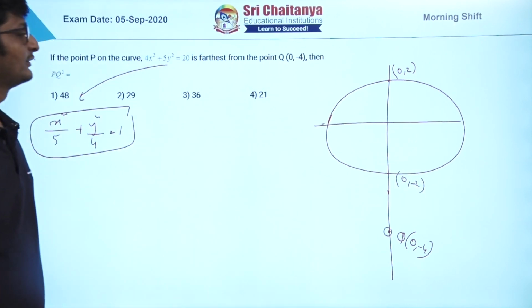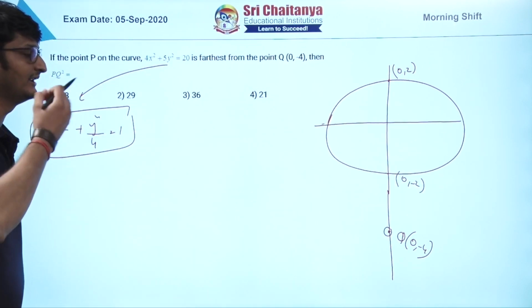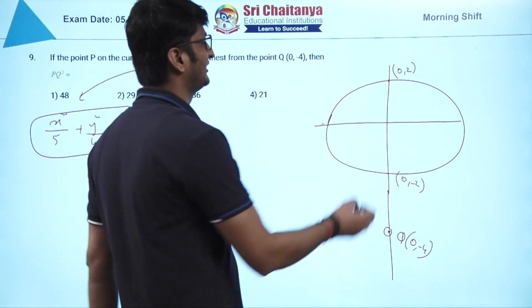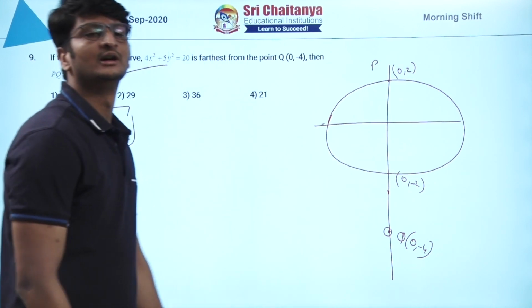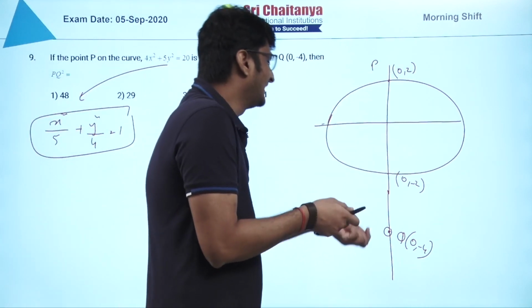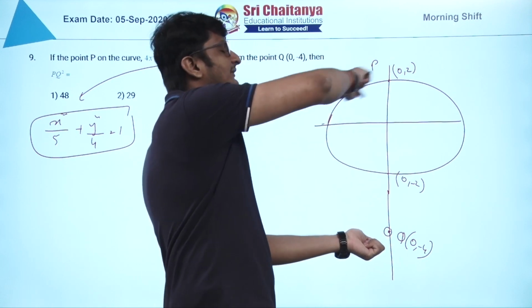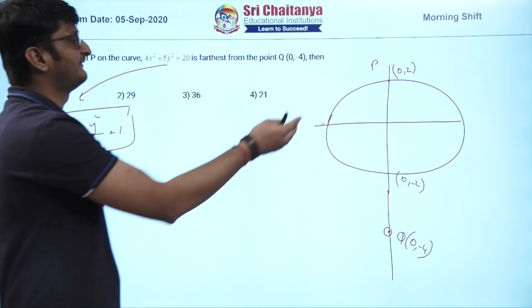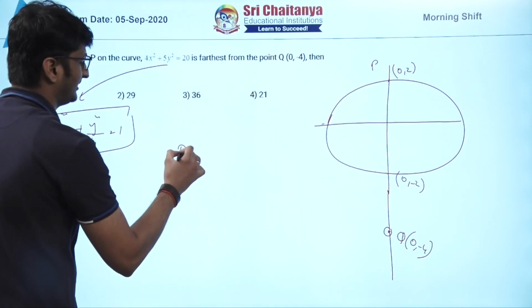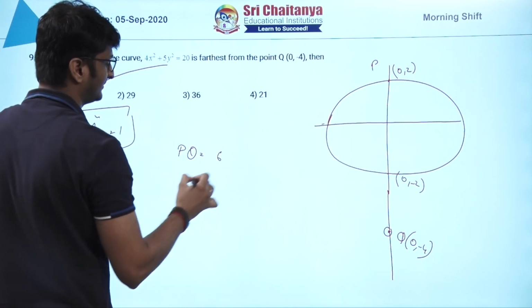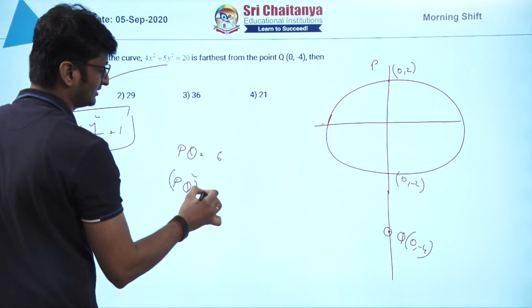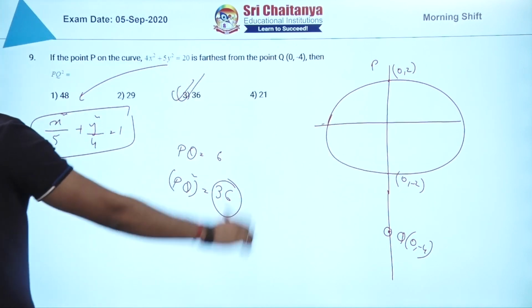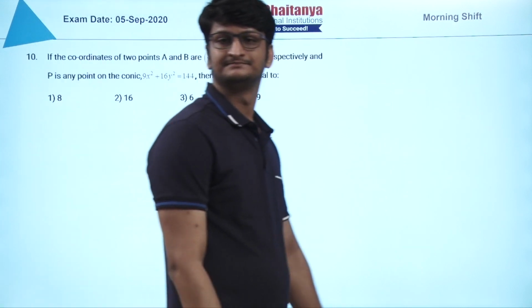If you observe, we have to find the point lying on the ellipse situated farthest from the point Q. So from the geometry itself, you can say this is the point. This is the point P. How? If you put one leg of the compass here, the other leg here, and draw a circle, obviously the ellipse will always be lying inside that circle. So it is the farthest most point. So hence PQ will become 6. Therefore PQ square is nothing but 36. Answer will be 3. Correct? Move to the next question.